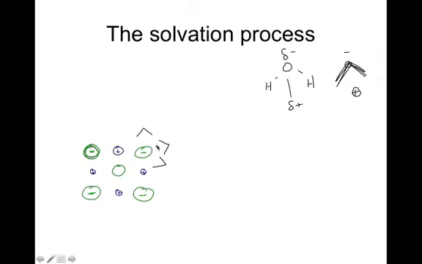The water molecules will pull off this chlorine atom. This chlorine atom right here will separate out, and it will become surrounded by water molecules. And it's always the positive end of the water that it surrounds. This is the positive end of the water that surrounds the negative ion. So the negative end of the water is out here. And that ion is now solvated. It has been dissolved, that individual ion. Now, likewise,